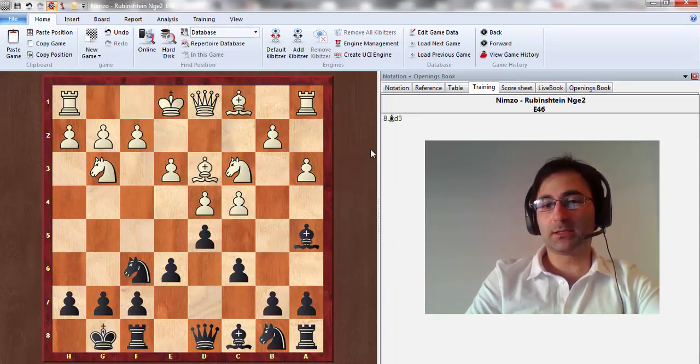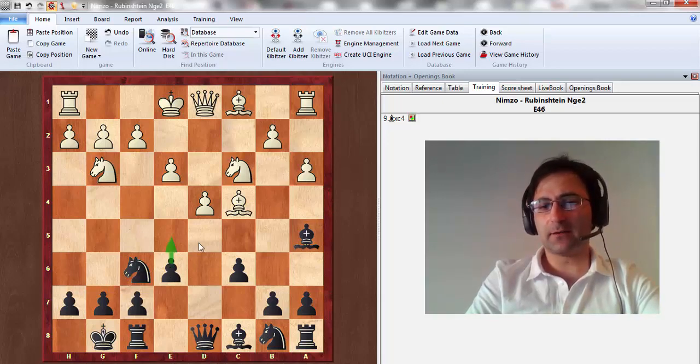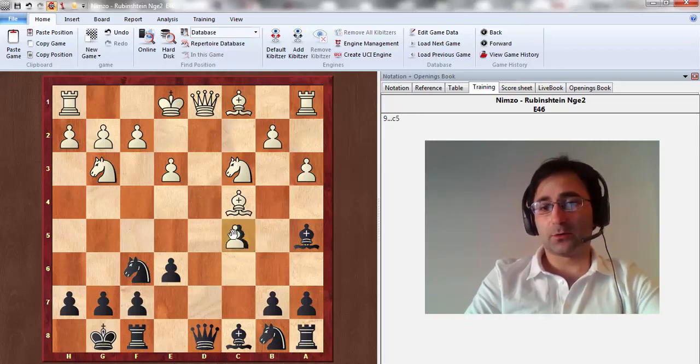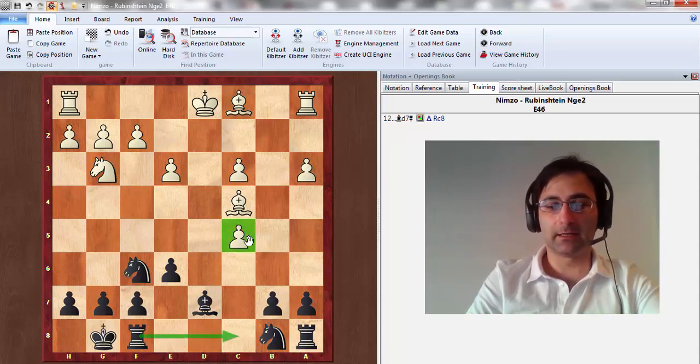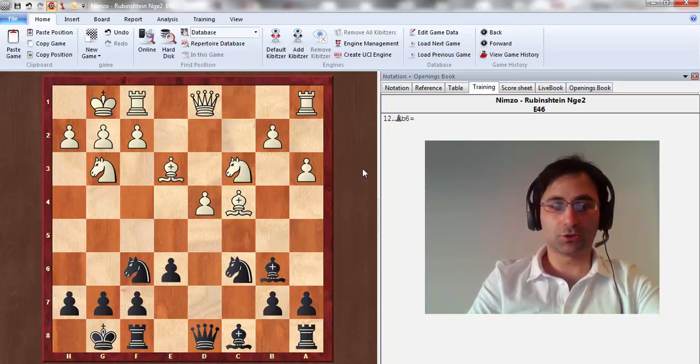If bishop d3 immediately, now of course we take it here, and as always in such pawn structures, it really looks like a Slav, black has to choose between the d5 or c5 breakthrough. Right now I would play c5, and in case of pawn takes, white gets a terrible endgame. Obviously we are planning rook c8, recovering the pawn, and then we're going to use the bad pawn chain. And if he ignores c5 and just castles, now we have a perfect position against